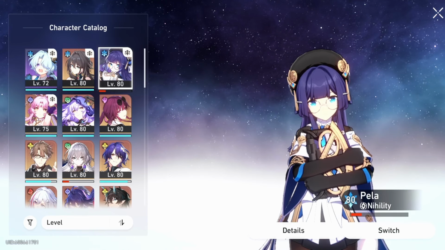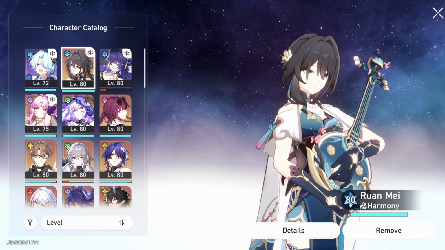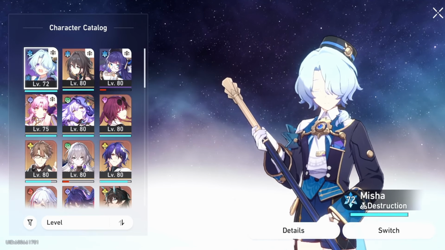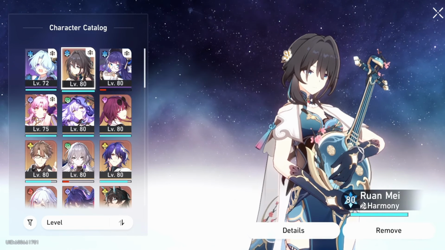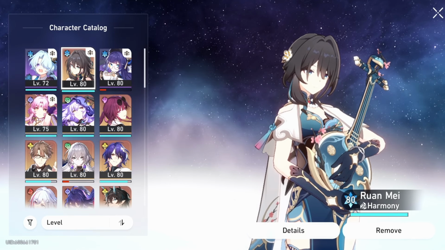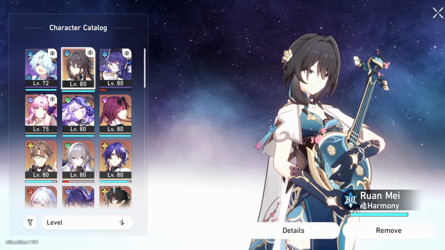I did just say that Pela was the best, although the weakness break efficiency is something that I personally can't live without, because I just don't have that effect hit rate major trace. Once you do get that effect hit rate major trace, you don't need to break them to freeze, and if you don't need to break them to freeze, then Ranmei's value goes down slightly, right? But the res pen is so good, the damage percent is so good, and of course the weakness break efficiency,